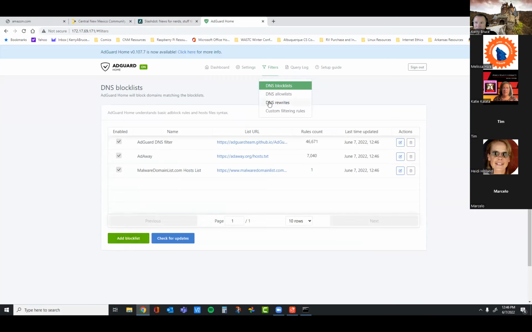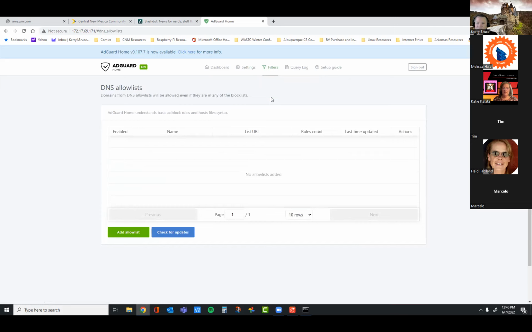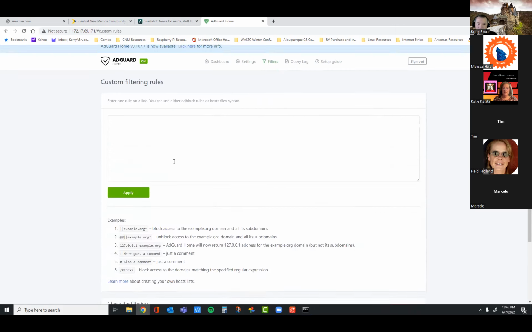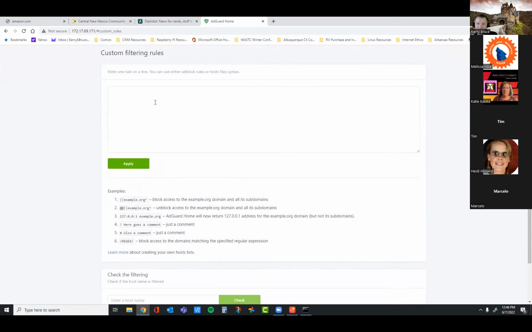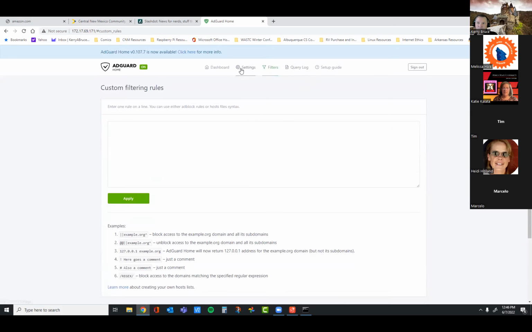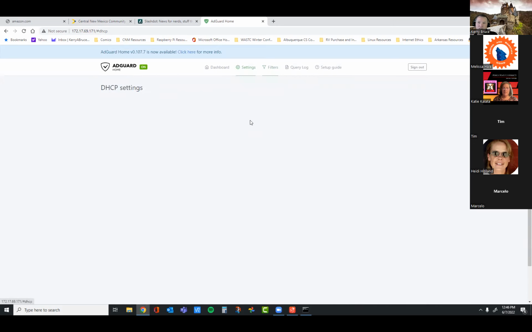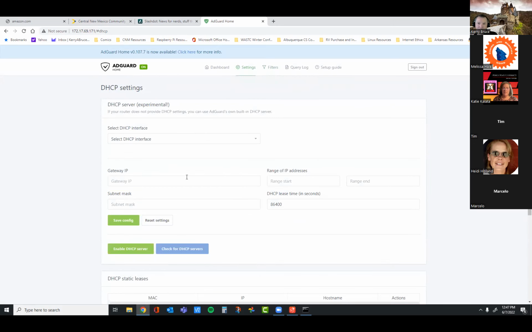The assignment doesn't have to end with, okay, it's installed. There's all kinds of other configuration that would get them into figuring out how to make this work. We can give them examples of things to block and things they can test, and settings to change, and explain the setting changes too. It also looks like you can set this up as a DHCP server if you really wanted to. Experimental.